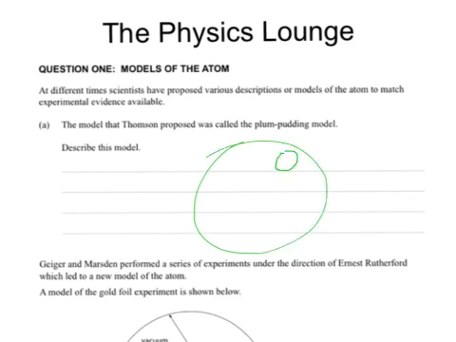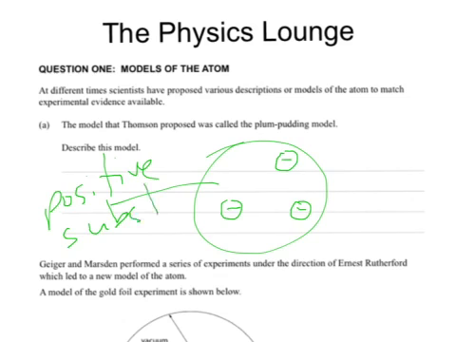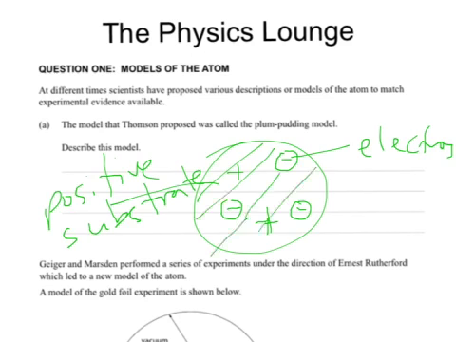You've got a solid sphere, and you have a positive substrate or basic material with electrons embedded, or negative charges embedded in it. That's pretty much all you would have to say, I would imagine. It's really important to get the idea of the substrate. That's like your pudding, and the currants in the pudding, or the plums in the pudding, depending how you look at it, are the